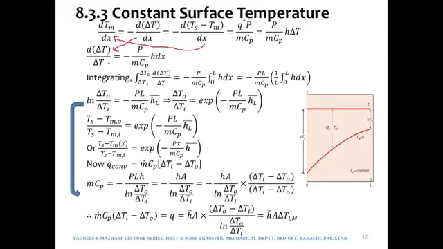and we are taking this dx into the numerator of the right hand side. So it will become, first of all, a negative sign, and then we would have P over mass times Cp times h, and this delta T has already been taken into the denominator of the left hand side. Therefore dx will come over here into the numerator of the right hand side. Now if we then integrate on both sides,